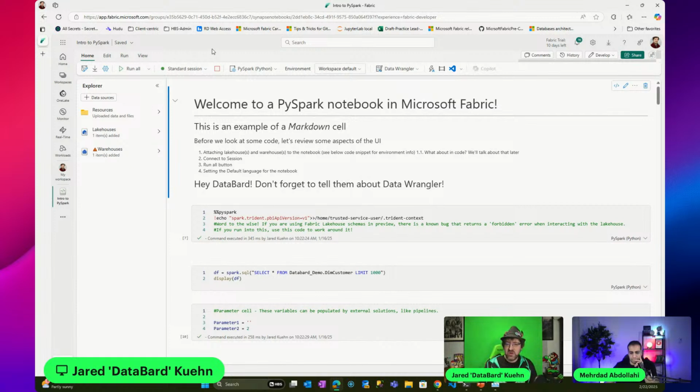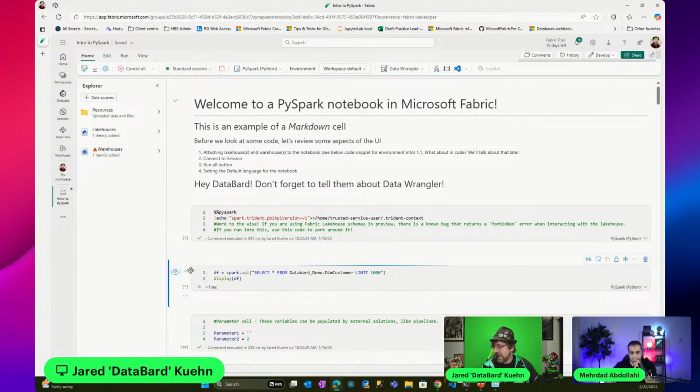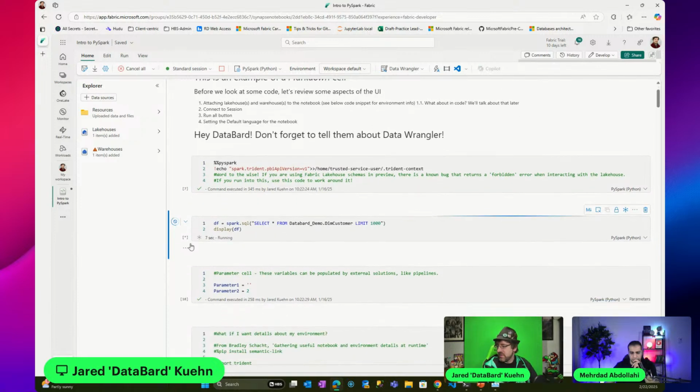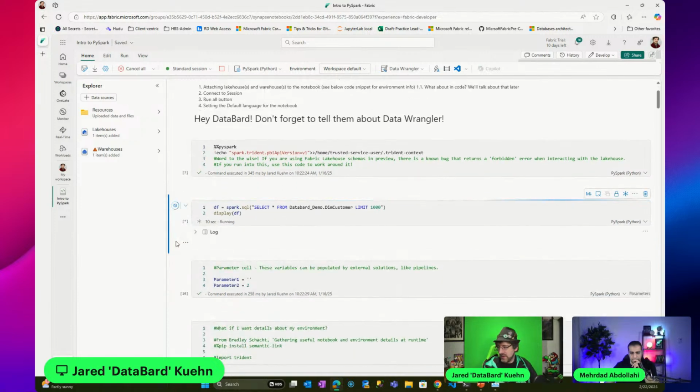But again, depending on your use case, maybe you need a custom configuration. You either need a custom Spark pool configured or a different environment configured as well. In those cases, you might be back into what we typically expect with Spark, which is a couple minutes to get that session up and running. So if you notice that difference, that's probably why. But I get that up and running, and I can confirm that it runs by hitting one of these individual cells here. And hopefully this select top 1,000 works just fine in profiling my data.